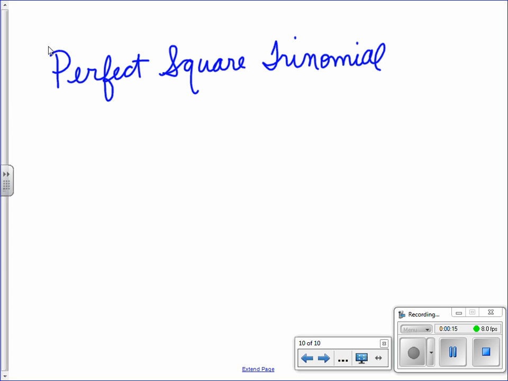Perfect square trinomial. It's not a page, we're just taking notes. Alright, a perfect square trinomial